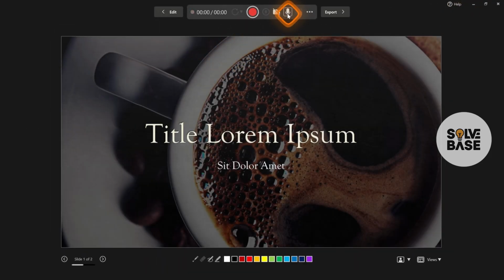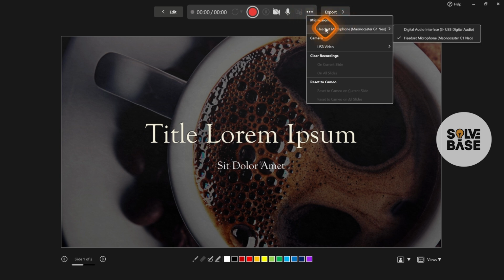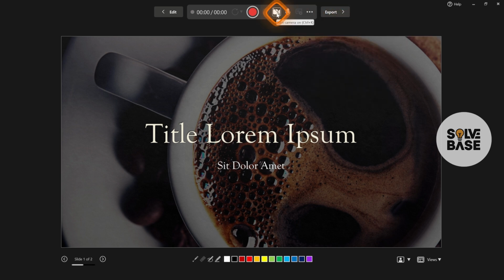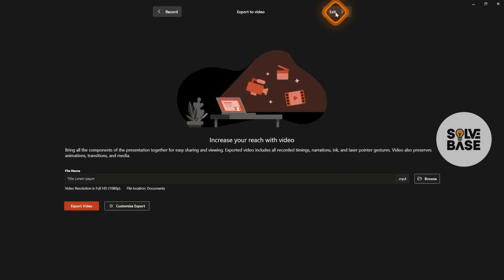And inside here, you need to make sure that you have got your microphone selected correctly. You can turn the camera on or turn off the microphone here. And then if you click on this button here, it's going to start recording. And once you've recorded your voiceover for these slides here, click on export your video, which is going to get